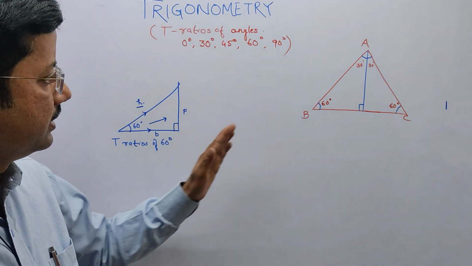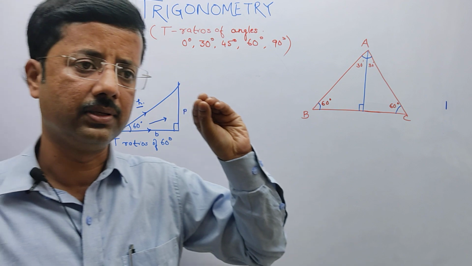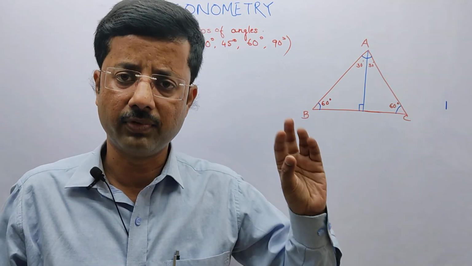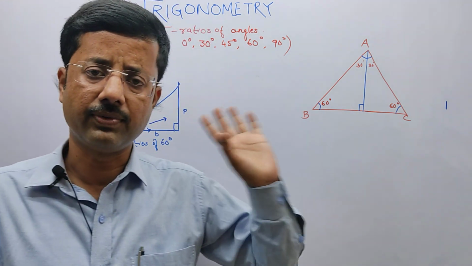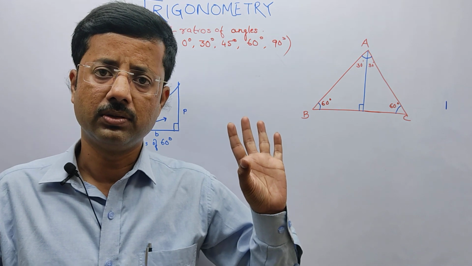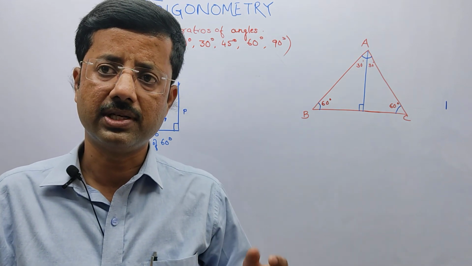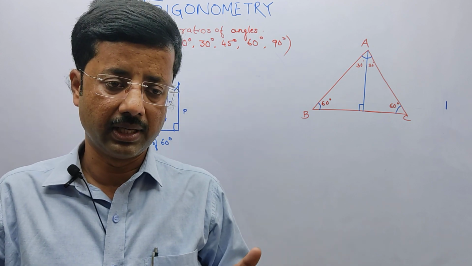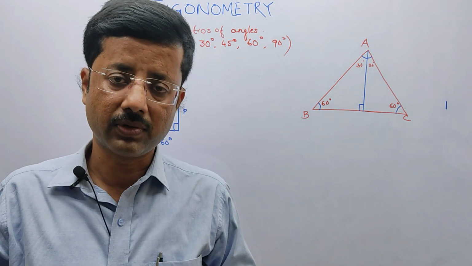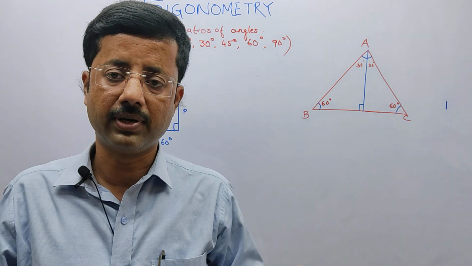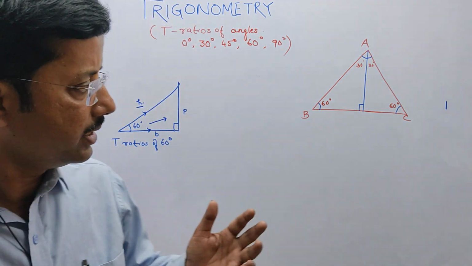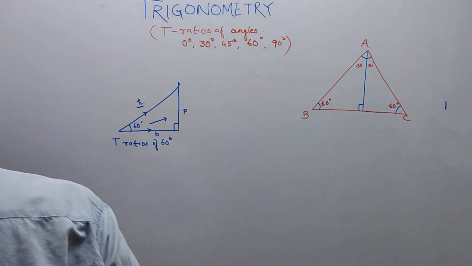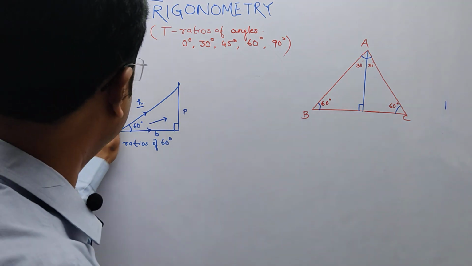Means sine 60 will have a constant ratio, sine 45 will have a constant value. Why do we get the constant value? And what are the different values of sine 60, 45, different angles, we will see. So here today we are going to calculate the T ratios for